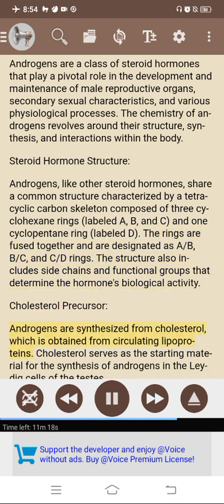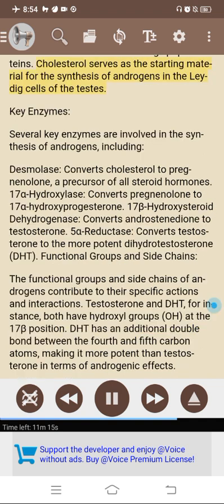Cholesterol precursor. Androgens are synthesized from cholesterol, which is obtained from circulating lipoproteins. Cholesterol serves as the starting material for the synthesis of androgens in the Leydig cells of the testes. Key enzymes. Several key enzymes are involved in the synthesis of androgens, including desmolase, which converts cholesterol to pregnenolone, a precursor